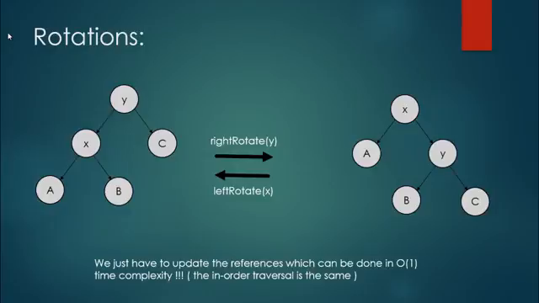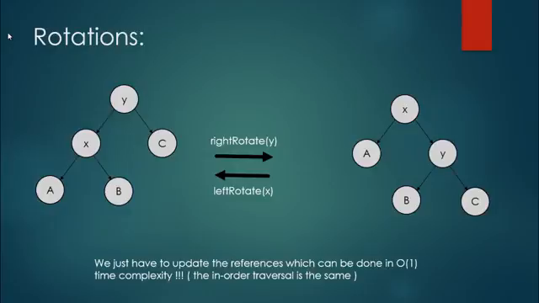And the A, the B and the C subtrees are going to change accordingly. If we make left rotations on the X, on the right, it is the same as the right rotation in the opposite direction. So if we rotate to the right and then rotate to the left, we end up at the same position we have been at the start. So we just have to update the references, which can be done in order 1, constant time complexity,